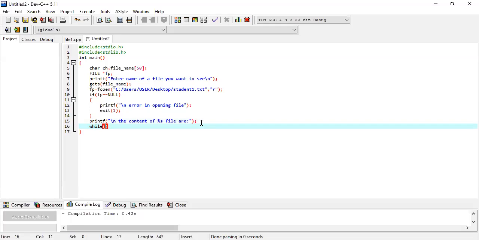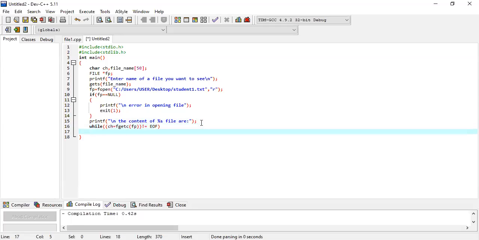While, I will explain each and everything, just wait some time. ch is equal to fgetc(fp) not equal to EOF, printf %c, ch.